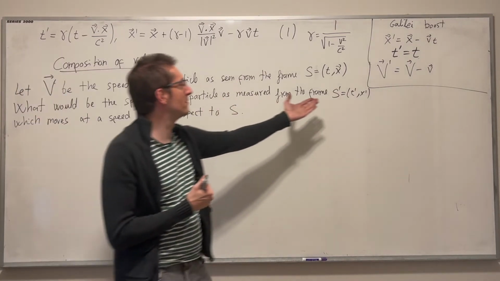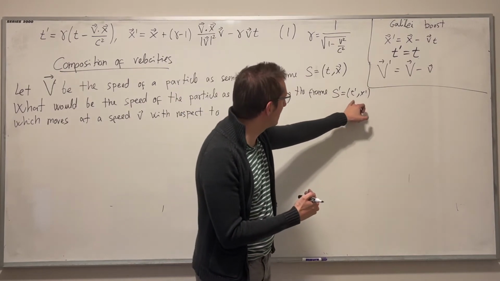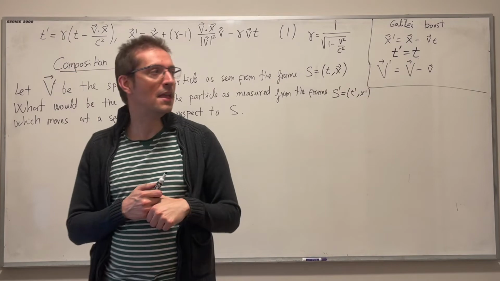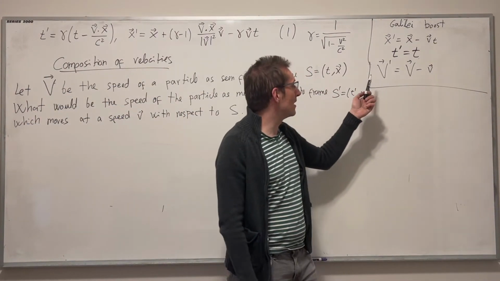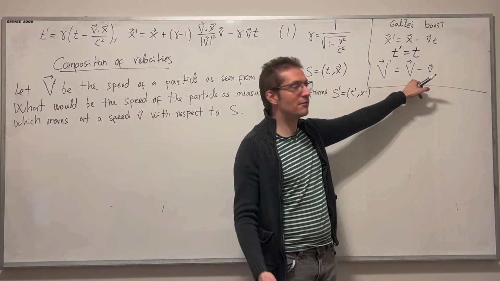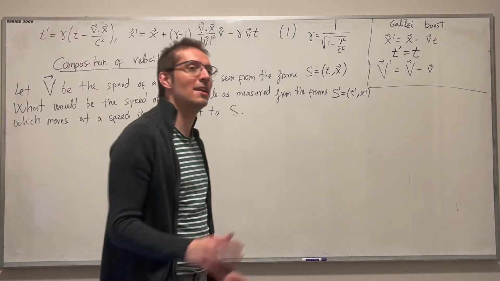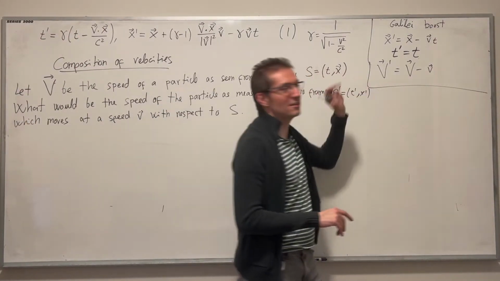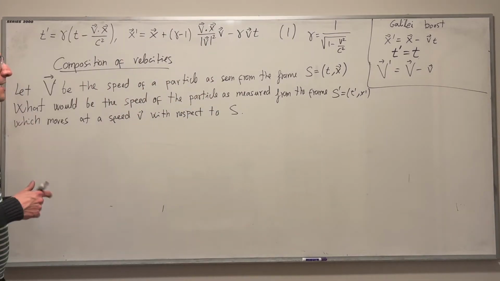And the coordinates of the other frame, the boosted frame by a velocity v, are t prime, x prime, the prime ones. Now in the Galilei transformations we know that, of course, the velocity in the new frame would be the velocity that it has in the original frame minus the speed of the frame. That's the composition of velocities, right? If you throw a ball from a train, the velocities add, so it's just putting this on the other side, right? Okay, so let's compute what would be the case for the Lorentz transformation.